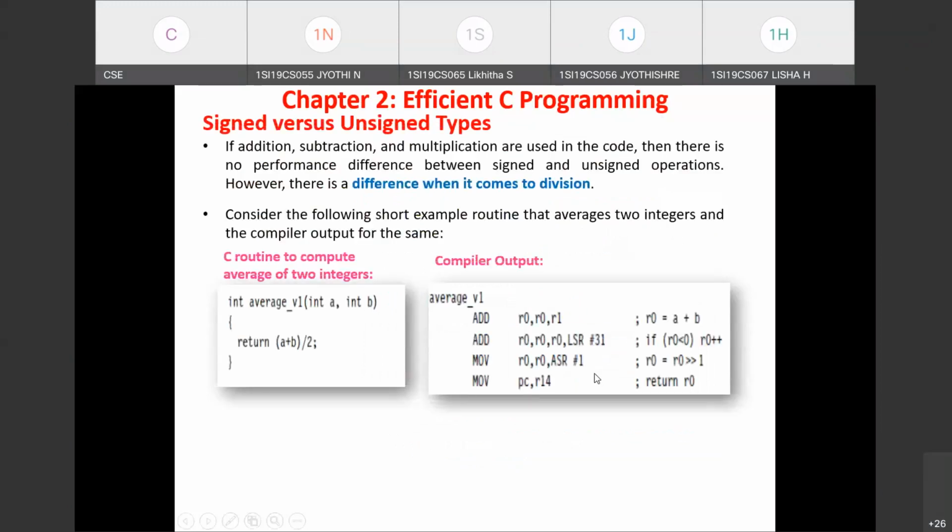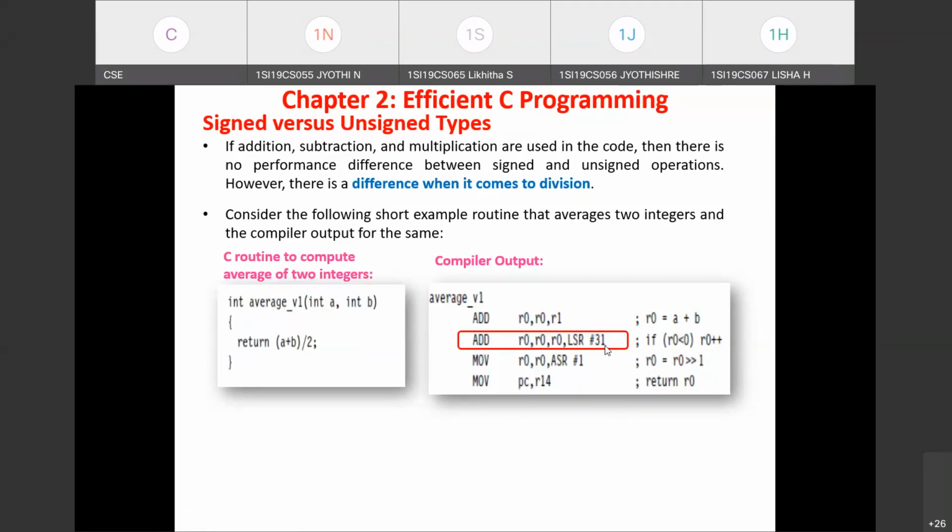So here you can see the compiler has added one instruction, add, which is useful if the result of addition is negative. When you perform arithmetic right shift on a negative number, you have to get the correct result, and for that the compiler has used this instruction. It adds 1 to the result of addition, and that result is arithmetic right shifted one time. As I told, we are considering two scenarios. If the result of addition is negative, R0 will have a negative value with sign bit 1, and if that data is logical shifted right 31 times, you will get the value 1.